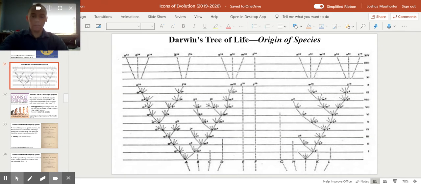Icons of Evolution, Darwin's Tree of Life. Now, what we're looking at in this study is not the presuppositional basis of evolutionism versus creation or anything of that nature. It's a discussion I have another time. What we're looking at is I'm going through a book written by a biologist, written by an evolutionist named Jonathan